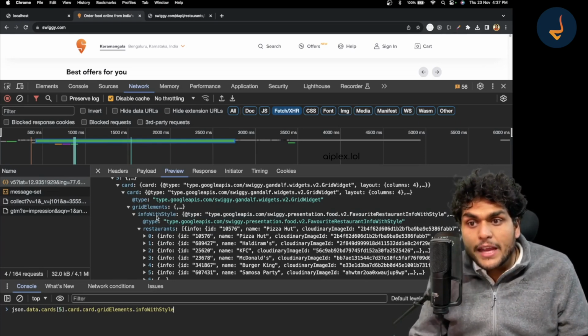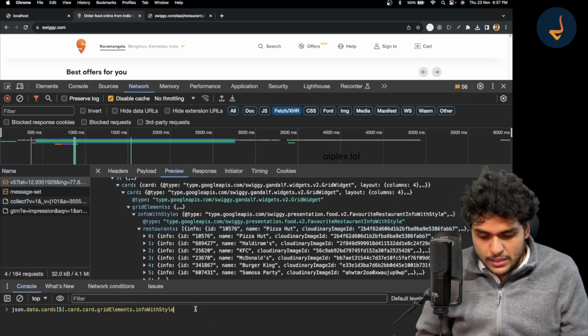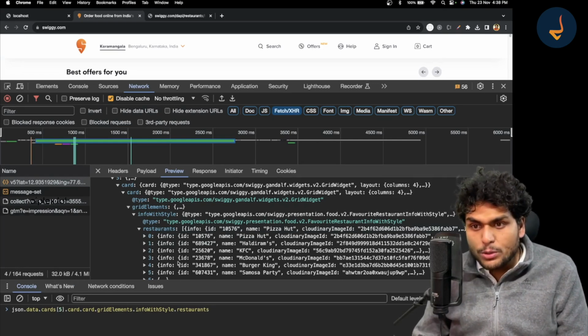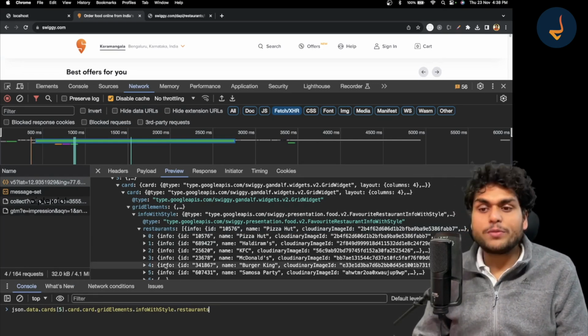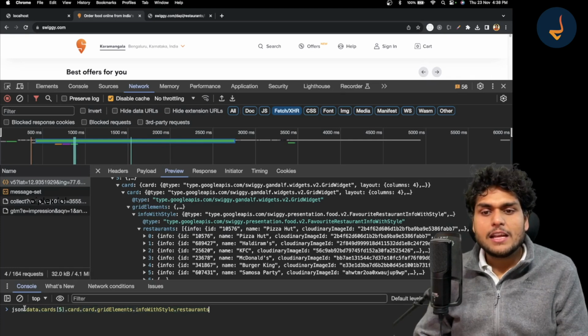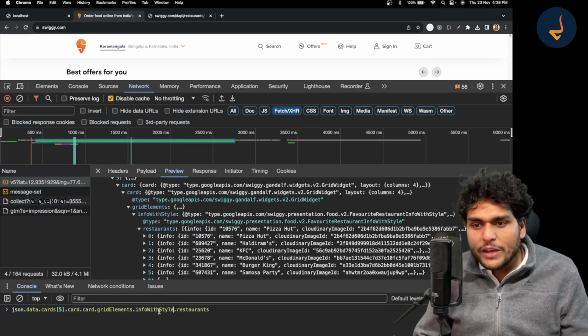And inside my info with style, I have my restaurants. If I click on .restaurants, it will give me a list of restaurants. And this is actually what we need.